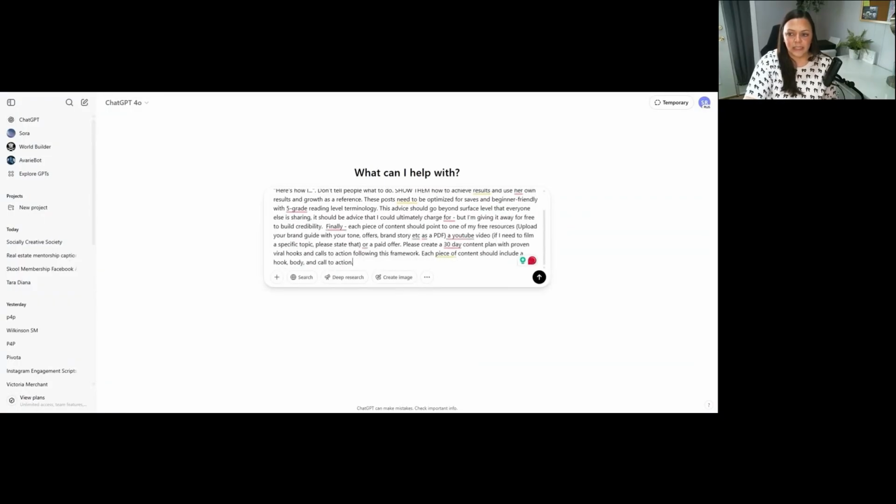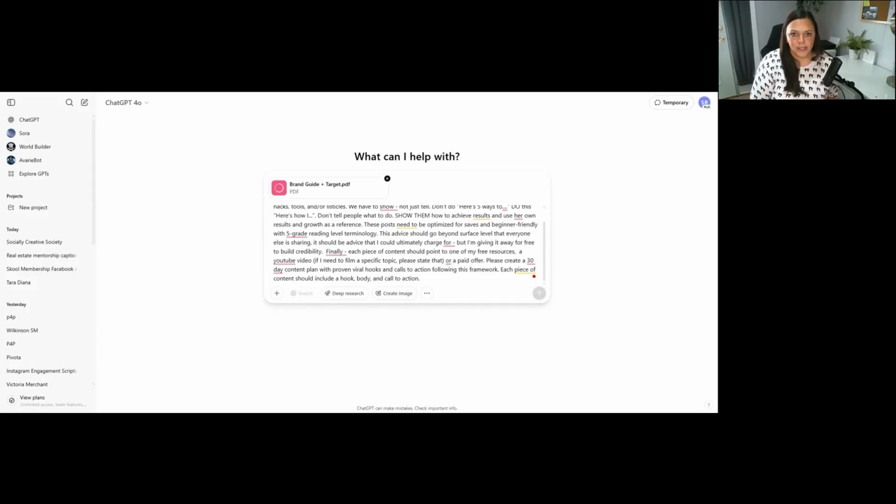Now, if you read this, it does say each piece of content should include one of my free resources, a brand guide. This is where you want to upload your brand guide with your tone, your offers, your brand story, etc. So this is where I'm going to upload my own brand guide. And again, your brand guide should include your tone, your target audience, the offers that you have, maybe even your ideal client persona.